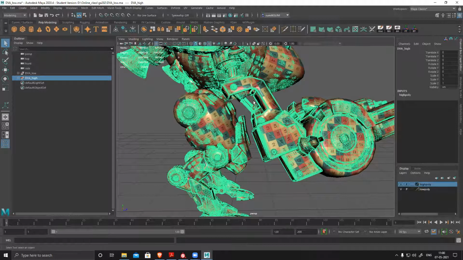Sir, if some parts are matching properly, then I don't need to do the retopo now. No, if they're matching perfectly, you don't have to do anything. Only and only thing you have to do is make sure there are no unnecessary supporting loops. Okay, sir. Like this much amount of visibility for high poly and low poly, it's fine.